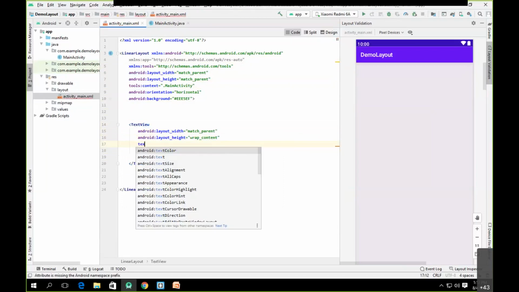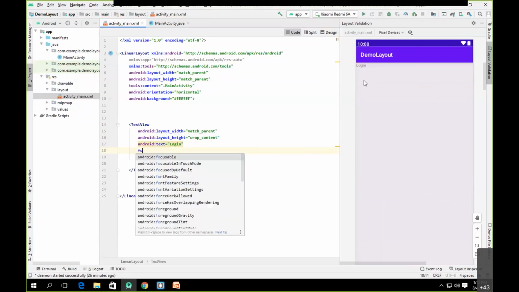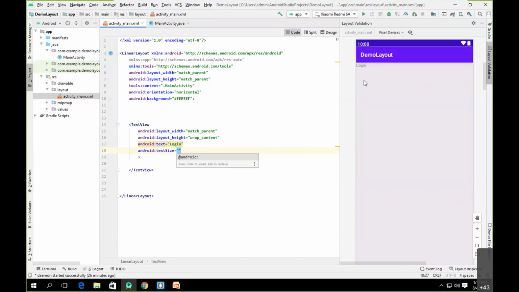The text we'll be calling login. Now this text has a small sized font. I want to increase the font size. For that, I can increase the size with the help of one attribute, and that is called text size. Now, how can you give the size in terms of a number?